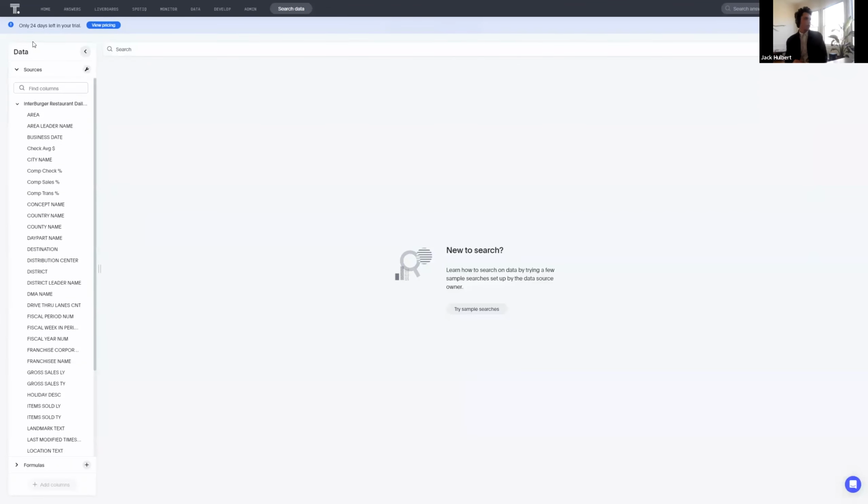So when you first log into ThoughtSpot, the core of the ThoughtSpot experience is this, your search bar. This is going to be a little bit different if you're used to logging into your BI platform and consuming a dashboard that maybe you have saved or favorited. This is the search bar. So rather than being greeted with a pre-curated dashboard, you could actually start your experience by asking your data, a